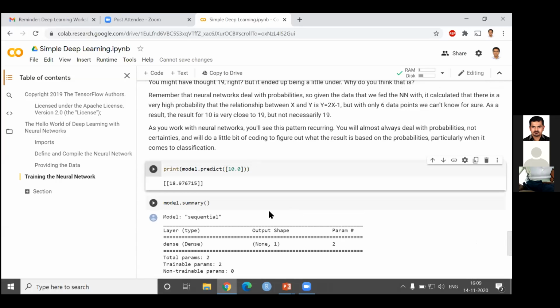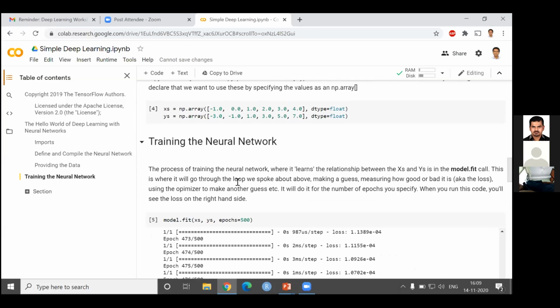Yes, as we said earlier, now it predicts very fast. It predicted 18.97676715. What it should have been is 19. The actual result should have been 19. But the training has taken place with just 6 data points, very, very little data.